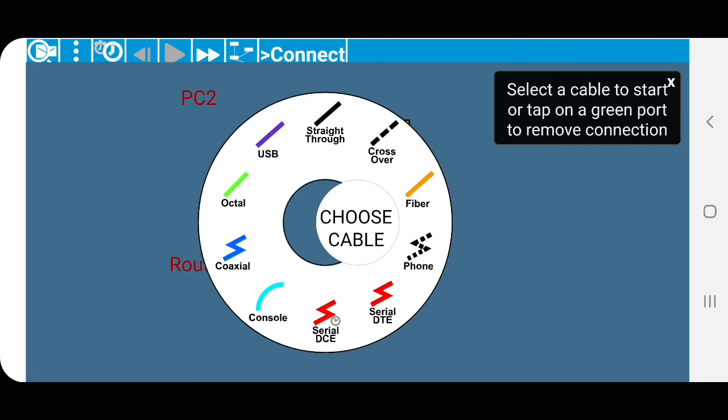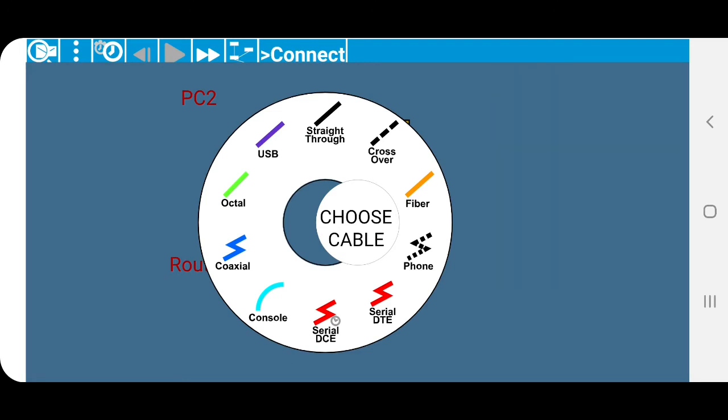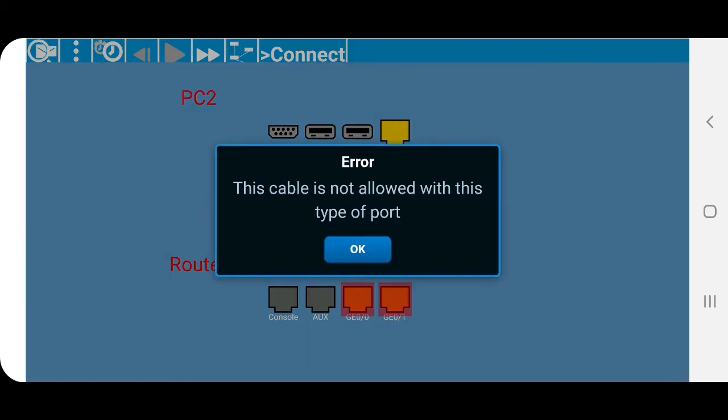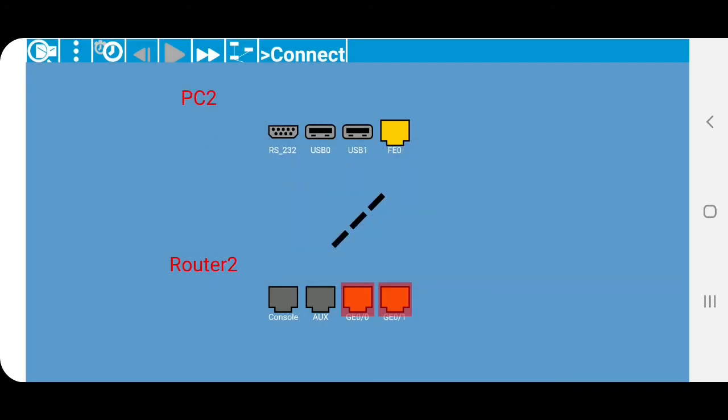For example, from PC to the router, we want to use a crossover cable, so just press on the crossover cable and you can see now both ports in the router are already used, GE0/0 and GE0/1. So that means we cannot connect to both of these ports, unless we disconnect one of the ports and then we can connect PC2 to that port.